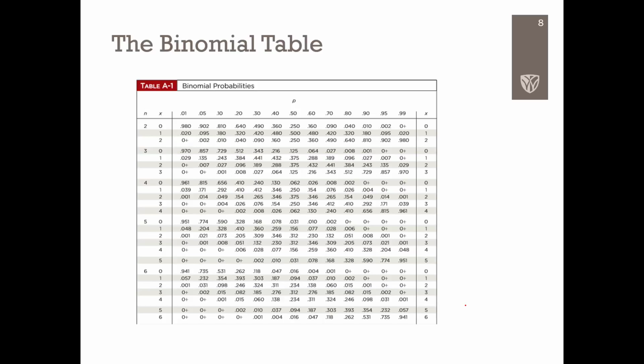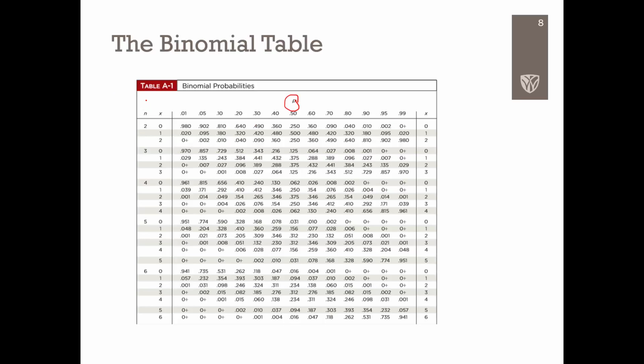So we can compute binomial probabilities directly from the formula, or we can use a binomial table. This particular table that you have access to is organized in a relatively simple fashion. Across the top we have the values of p. Each one of these columns represents the probability of success, and obviously this is not a complete list of all of the probabilities that you could have, but it's a fairly common list of probabilities.